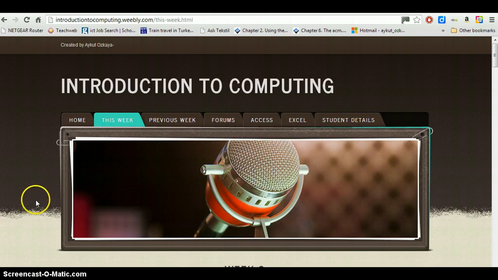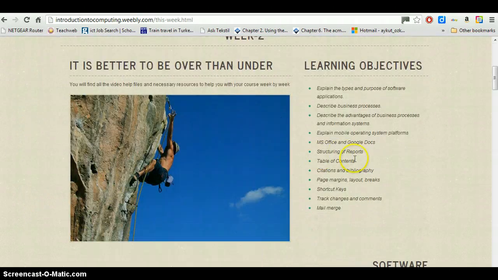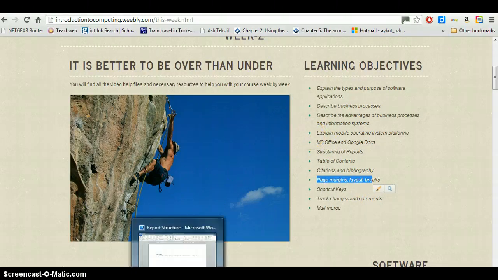Now the next topic that we need to cover today is citation and bibliography. In the same video I would like to have a look at page margins, layout and breaks, as you can see there, and maybe we will have enough time to see the track changes and comments as well. Okay, now the first thing is we need to go back to that document that we were working on,